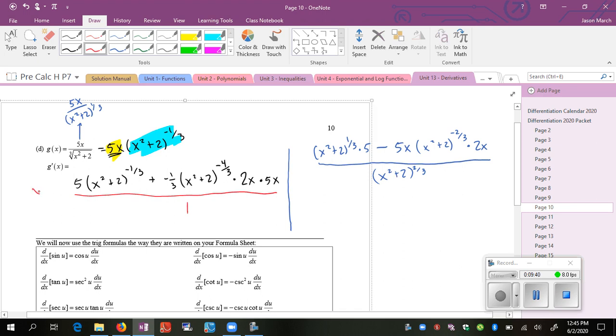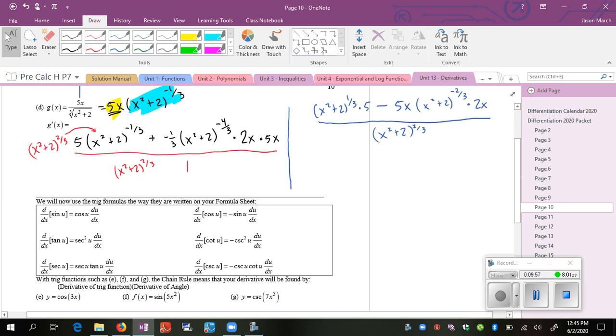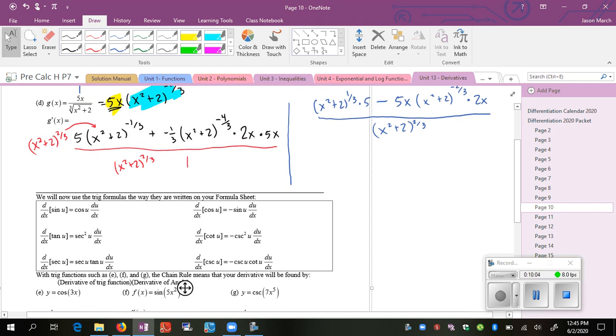So let's see what happens if I do this. So if I distribute, now I have x squared plus 2 to the 2/3 times x squared plus 2 to the negative 1/3. When I add those exponents together, I get 5 x squared plus 2 to the 1/3